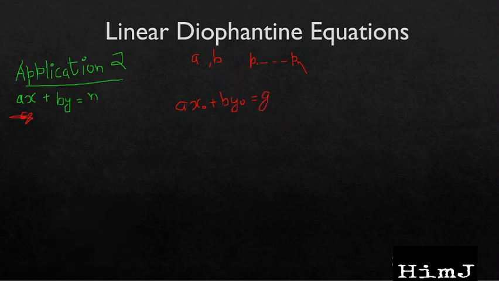Now I will not discuss the whole algorithm because it will make video longer and will shift the focus. So suppose with the use of that extended algorithm, we get the value of x naught and y naught. So for getting the value for this equation, we can simply divide by g and multiply by n on both sides. That is something like this. So dividing by g on both sides and multiplying it by n. Similarly for y naught times n divided by g.